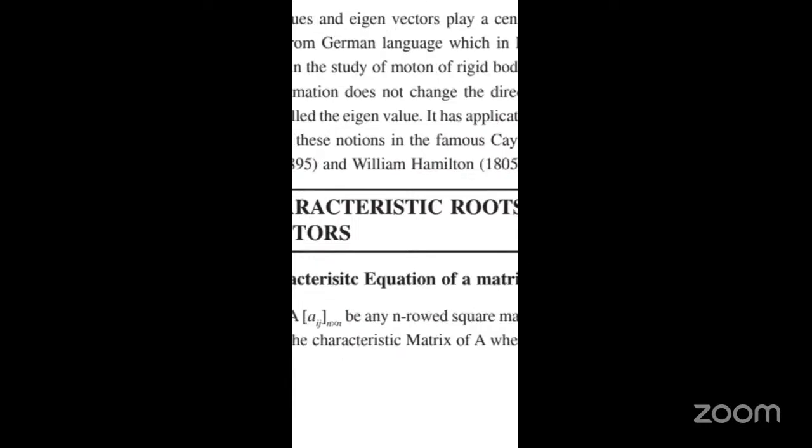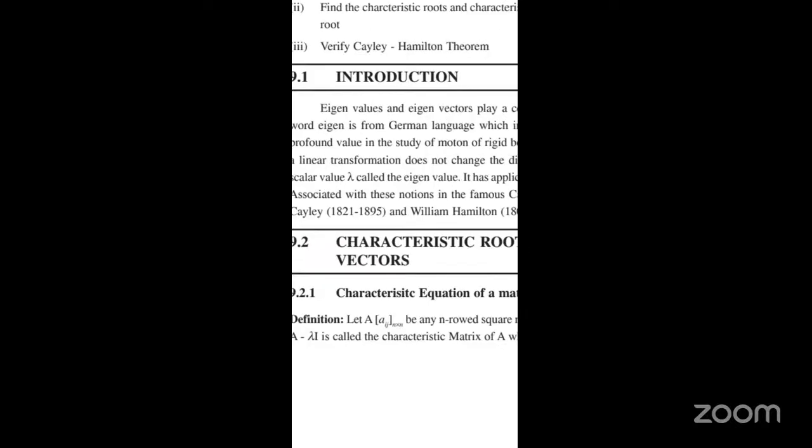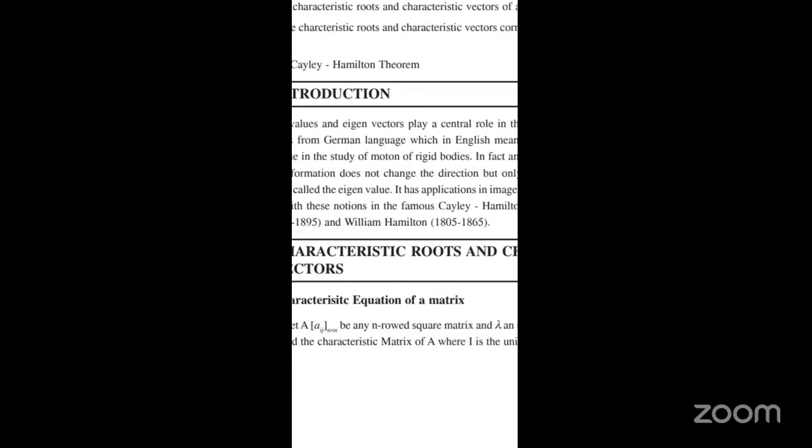N means n by n. Here, the number of rows and columns must be equal; that is called a square matrix. Let A equal the set of aij, here n by n being any n-row square matrix. And here, lambda